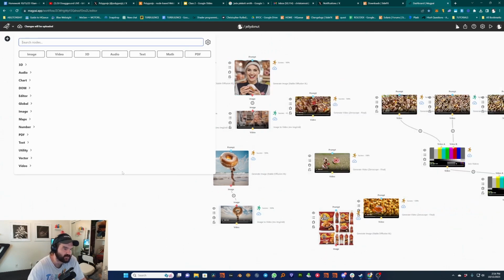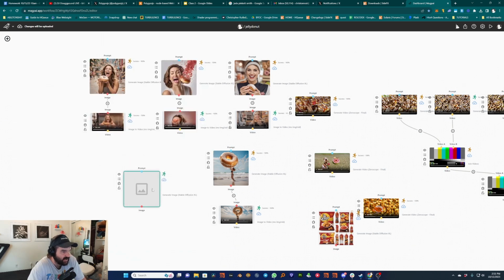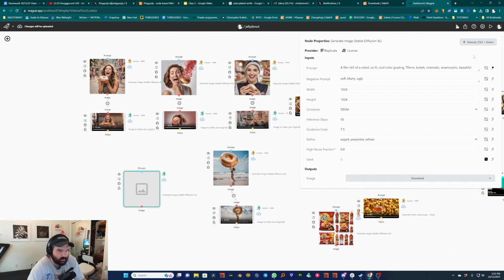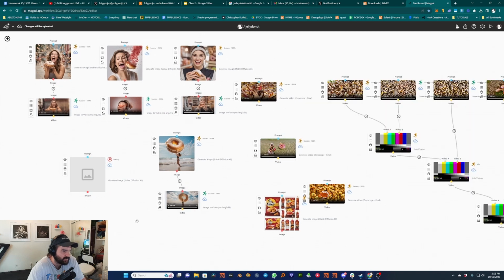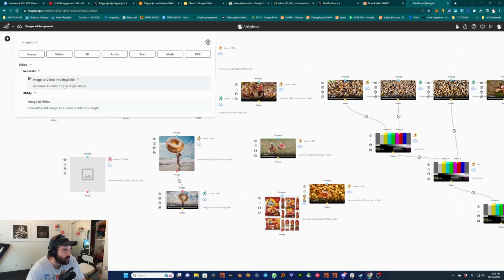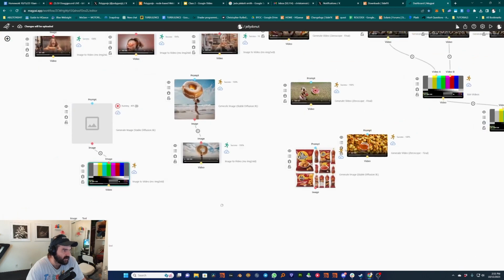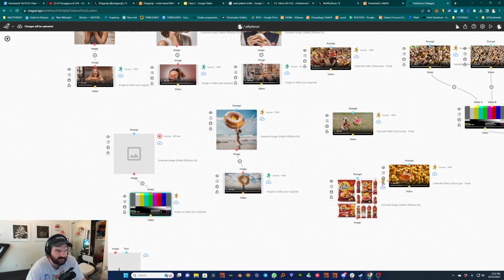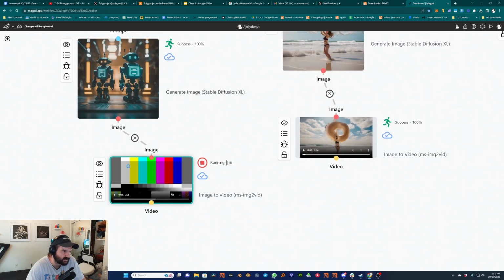You just literally can just say Stable Diffusion XL. So all these different kinds of Stable Diffusion models, type whatever you want in here, hit execute, it'll use a credit, and then I can do image to video. If I, again, either go up there or I press tab and I say image to video, and then plug that into here and run that after. And it'll take a little bit because all these things take a little while to run. But yeah, here's this robot generation thing, and then I'll just run this